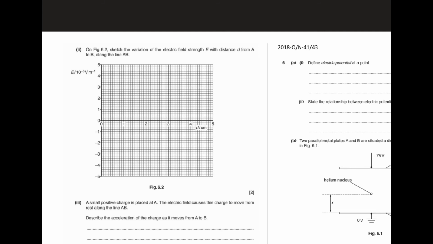Okay, so at point A the electric field strength is already given. Sorry, it's not counting, this is given. The electric field strength is 4 times 10 to the power of negative 5. So we have to put a point over there, and after that